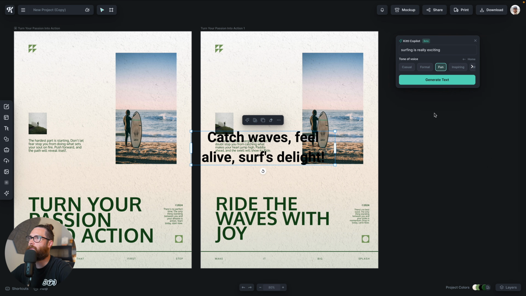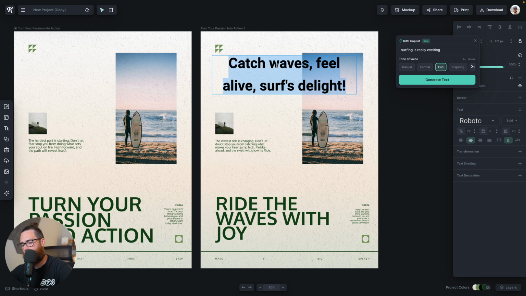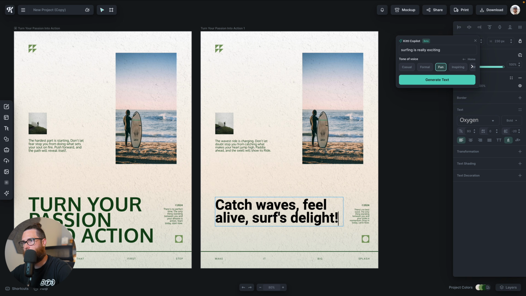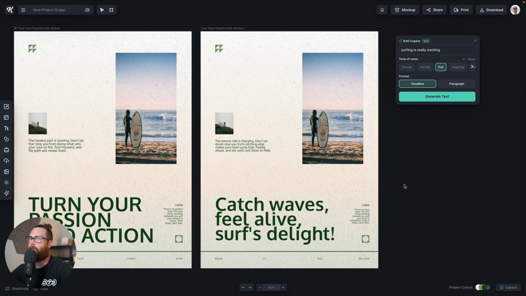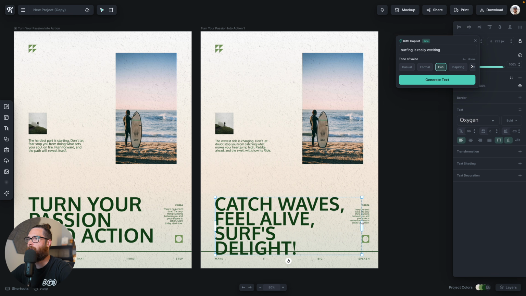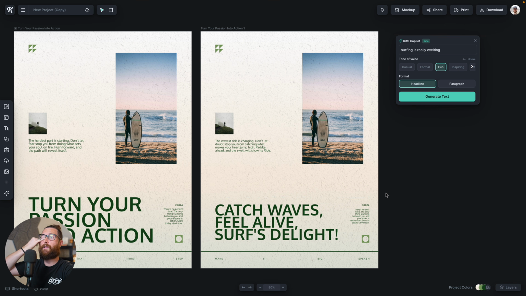Yeah, so maybe we click this one and, boom, it just populates in, and then we could grab all of this, copy it, and then we could go here and replace it with that type right there. Then we can go over here and do all caps, and then do a little bit of editing and tweaking to make sure that it fits. But you get the point of how Copilot can help you in the midst of all of these different things,